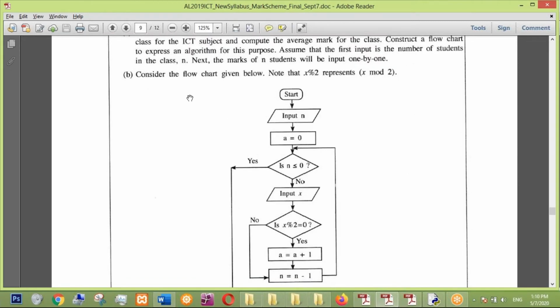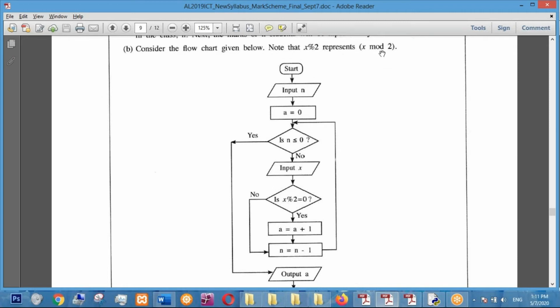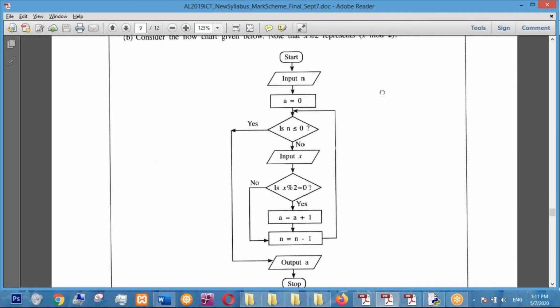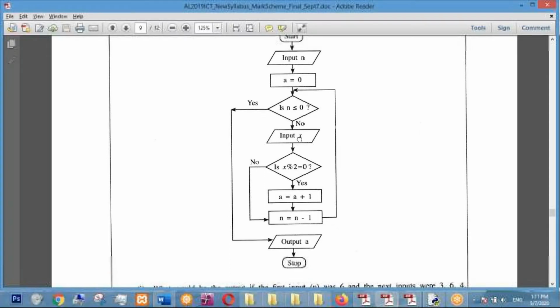Compared to previous year's papers, consider the flowchart given below. Note the modulus. Even this they have told you that percentage is mod. So input n, a equals 0. Is n less than or equal to 0? No. Input x. Is x modulo 2 equals 0? Yes, then there's a counter, n equals n minus 1, and it goes back,